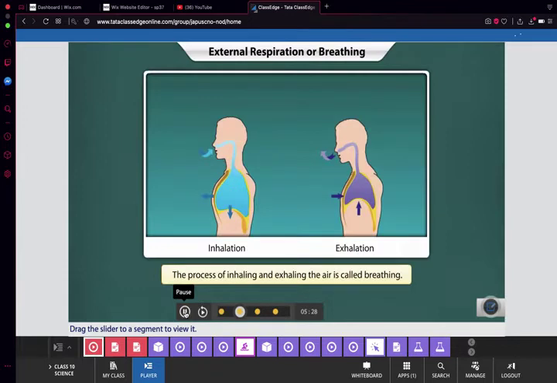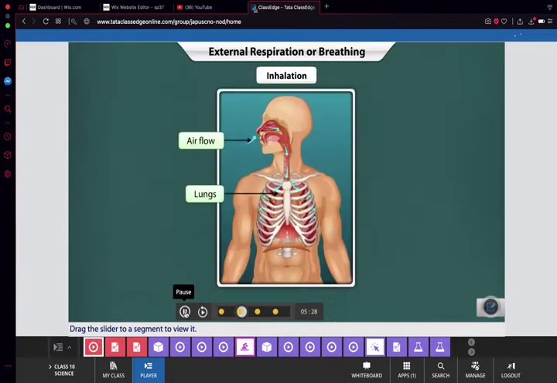The process of inhaling air containing oxygen and exhaling carbon dioxide produced during oxidation of food is called breathing. When we inhale air,